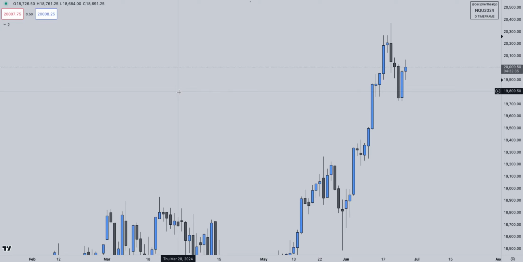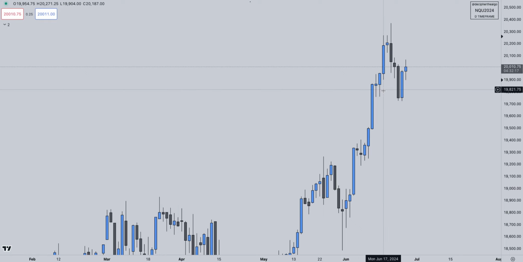Break down really quickly the Reaper inverse fair value gap. This is an ICT concept that I was introduced to maybe 7, 8 months ago. But without further ado, we're going to use a real example off of NQ's recent action. This is Wednesday, June 26th. So let's go ahead and dive right into the charts.